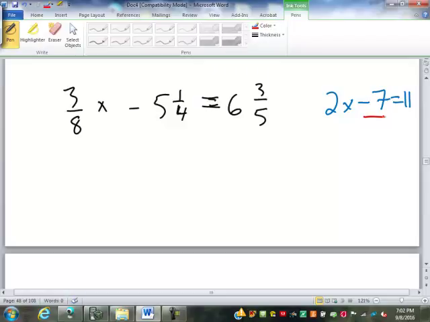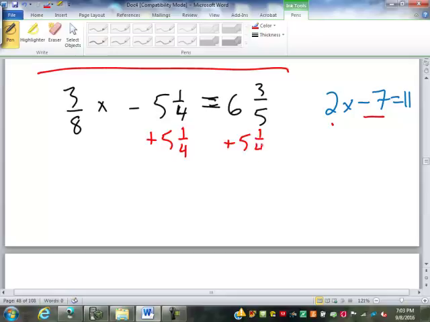Here we would add the 7 and then divide by 2. Over here, what are we going to do? Add 5 and 1/4. So that's going to be gone. We're left with 3/8 x here. We just have to do 6 3/5 plus 5 and 1/4, which ends up being 11 and 17/20. If you're wondering how I did that,